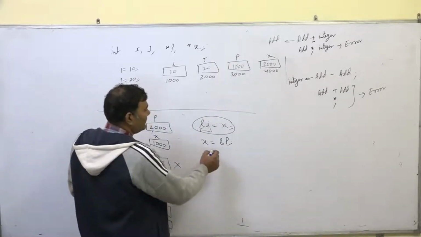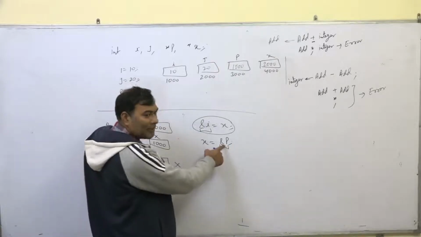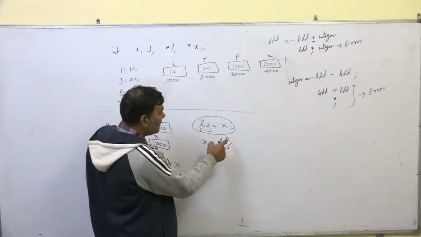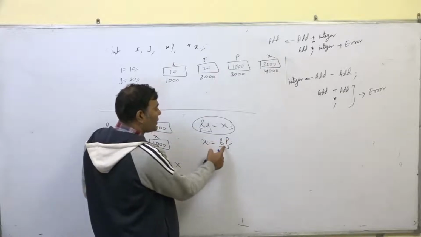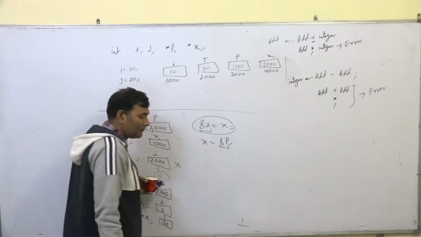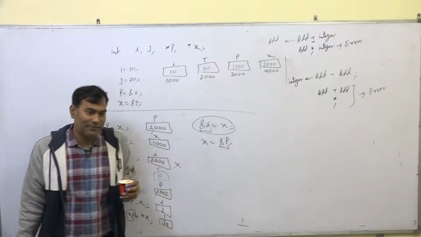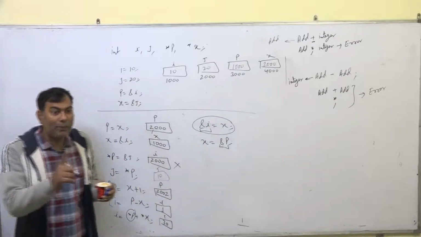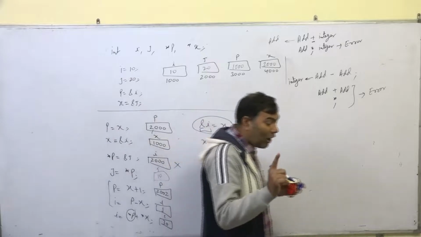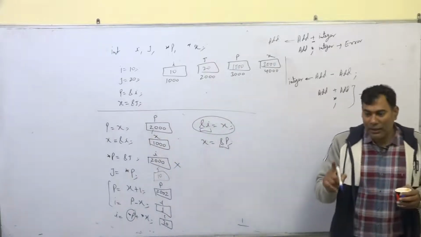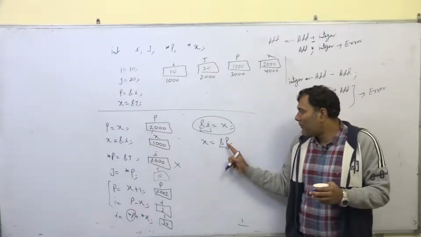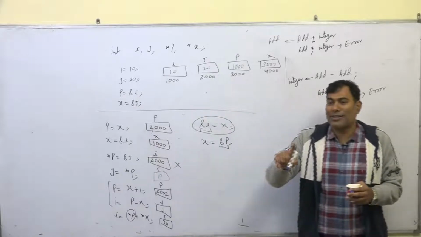So it is address of p। P is what? Single pointer। So address of a single pointer can be stored only in a double pointer। Clear? So a single pointer can hold address of all normal variables, a double pointer can hold address of a single pointer, and a triple pointer can hold address of a double pointer।